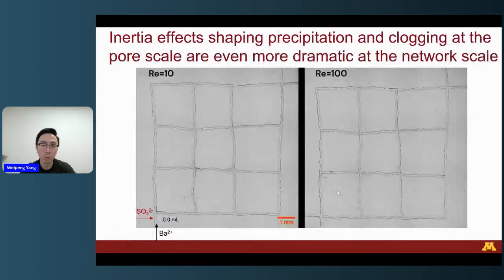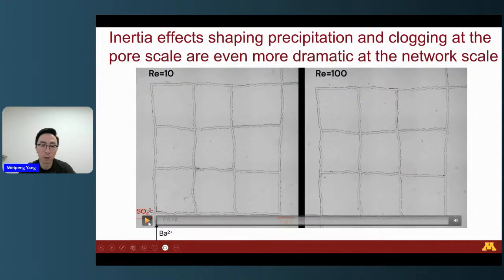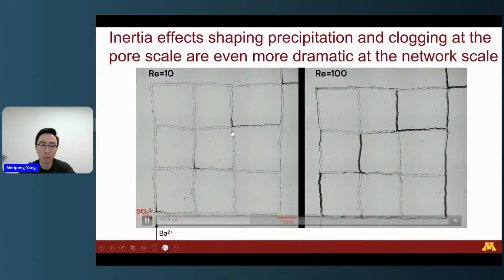So now we already know how the fluid inertia affects the mixing and precipitation at a single intersection scale. So we want to see how it behaves at a larger network scale. So we designed this 3x3 network and did the experiment at both low and high flow rate. What we observe is similar. At low flow rate, there will be formation of this kind of thin barrier, but for high flow rate, you can see a very dramatic